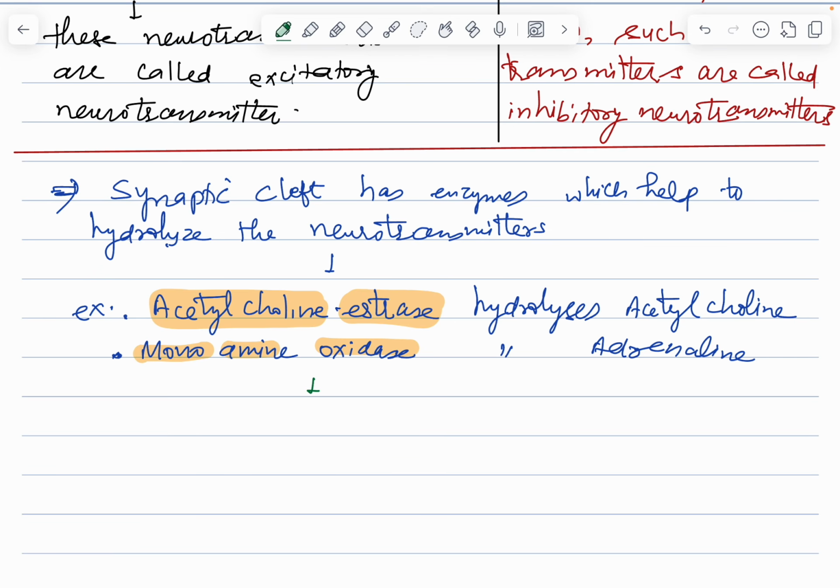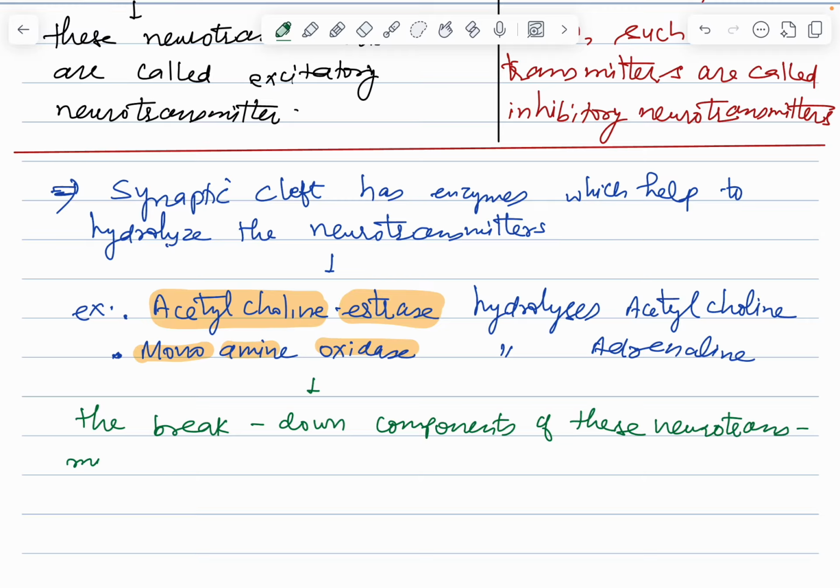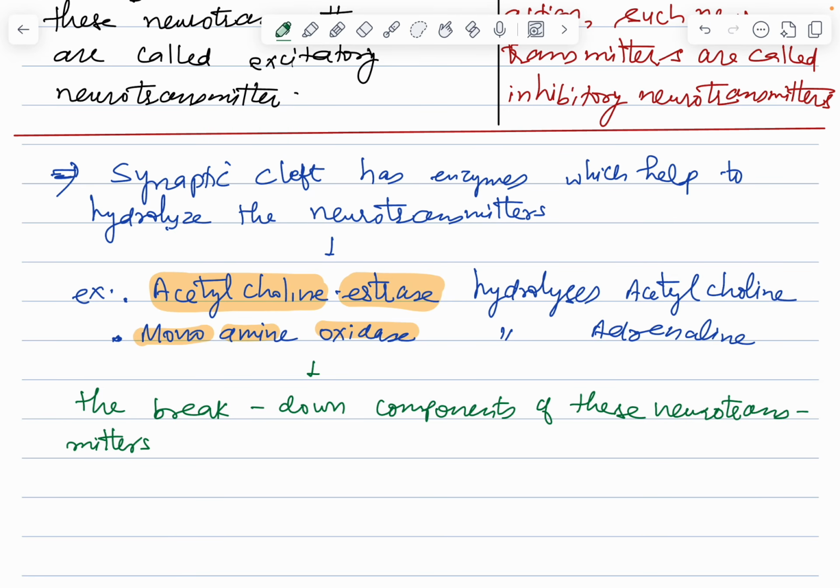Once acetylcholinesterase hydrolyzes acetylcholine, or once monoamine oxidase hydrolyzes adrenaline, the breakdown components of these neurotransmitters, because when the neurotransmitters are digested, they will obviously be breaking into something. So the breakdown components of these neurotransmitters are